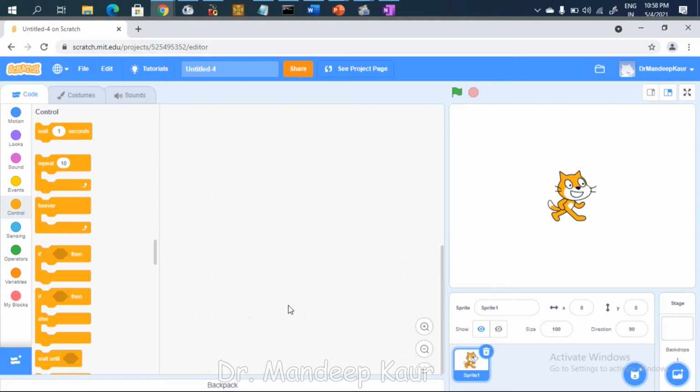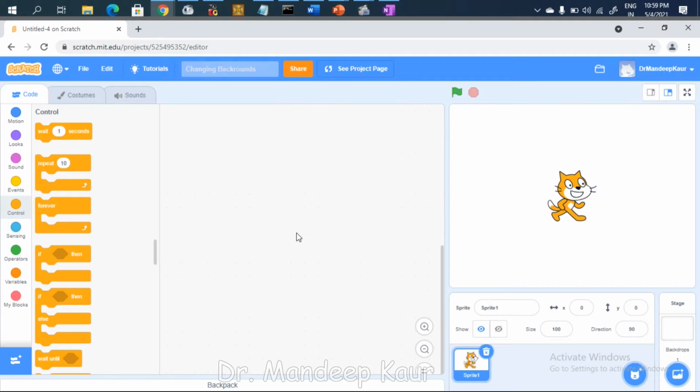This tutorial is based on changing your backdrops. So if you want to change the scenes by switching the backdrops, then what can be the code? In this tutorial we'll learn how we can have different scenes one after another, and it's very important if you are designing a bigger project. So the very first step is we'll have the name as changing backgrounds.